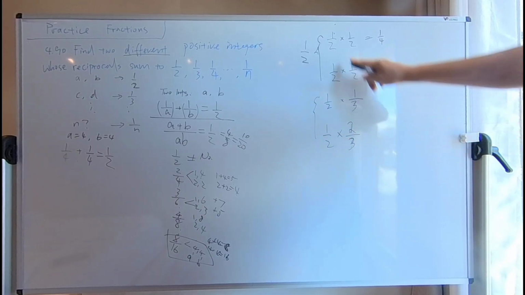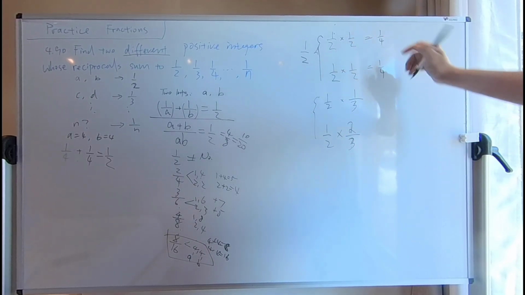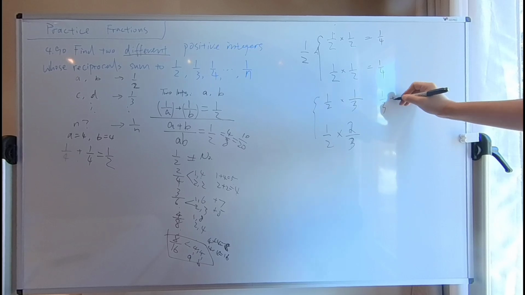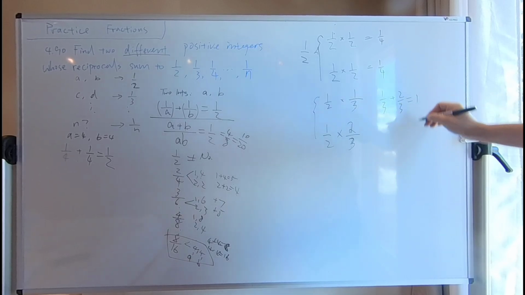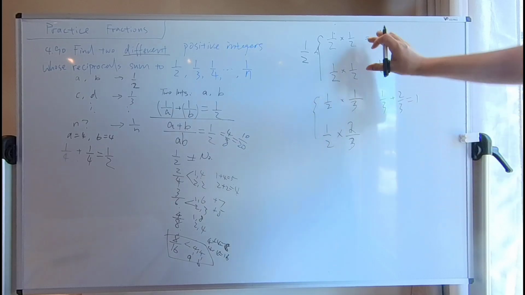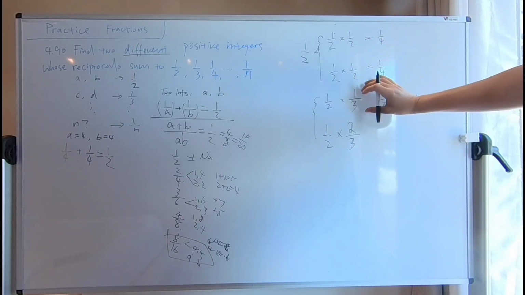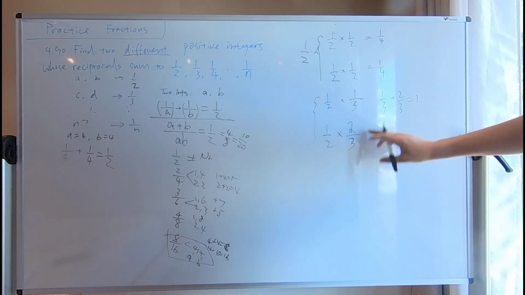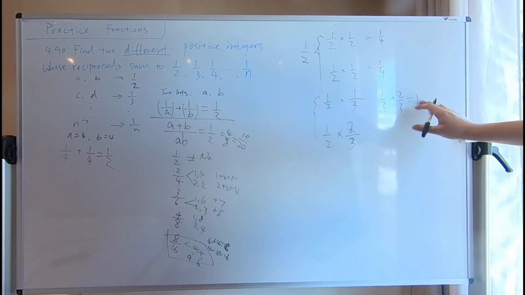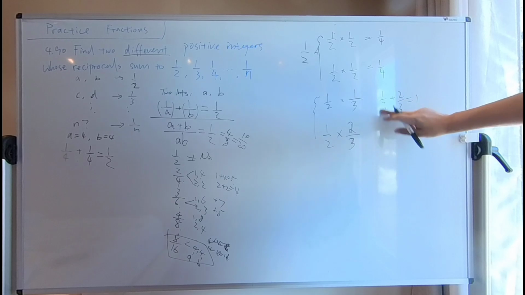Why? Because I'm splitting this number, which means the ratio or the percentage used to split must always sum to 1, right? It's like you're splitting a cake. If you're splitting 1/2, the rest must be 1/2. If you're splitting 1/3, the rest must be 2/3, because they always sum to 1. So the